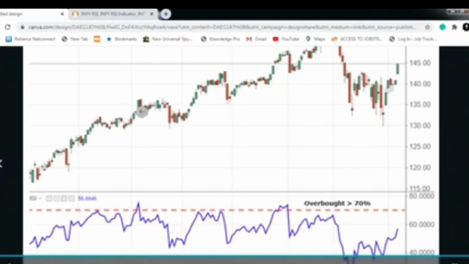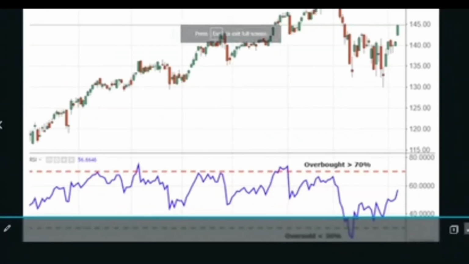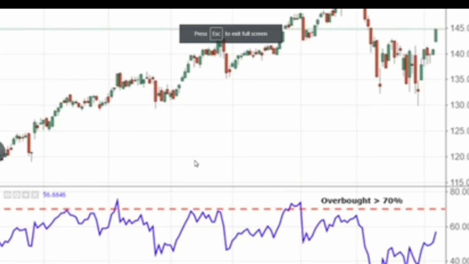Now let us look at how the relative strength index is working out. So just have an eye on this graph, then we will move to the live section as in every class. In Traders Corporate, RSI will be analyzed like this. Above you will have the candlestick chart, then below you will have the RSI. It will always be in the range between 0 and 100. Here we can see overbought is greater than 70%. You understand relative strength index will always be between 0 and 100.